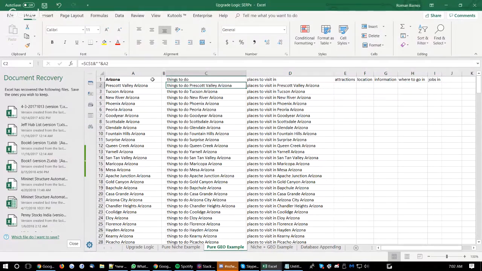Now, in order to do that, the formula is going to look like this. We're going to press equals, and we're going to take this top one, click it, and we're going to press F4. What that's going to do is create something called an absolute reference. That means when we drag this down, it's not going to try and pull another term. It's going to only use this particular term. And then we're going to use the ampersand. That means we're going to combine another cell. And then we're going to do